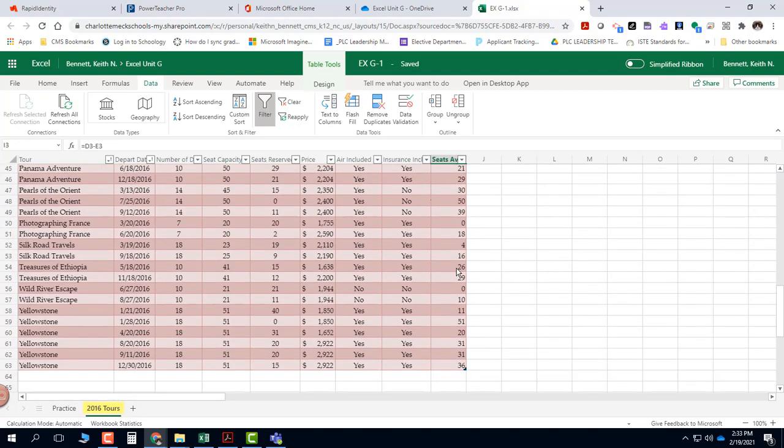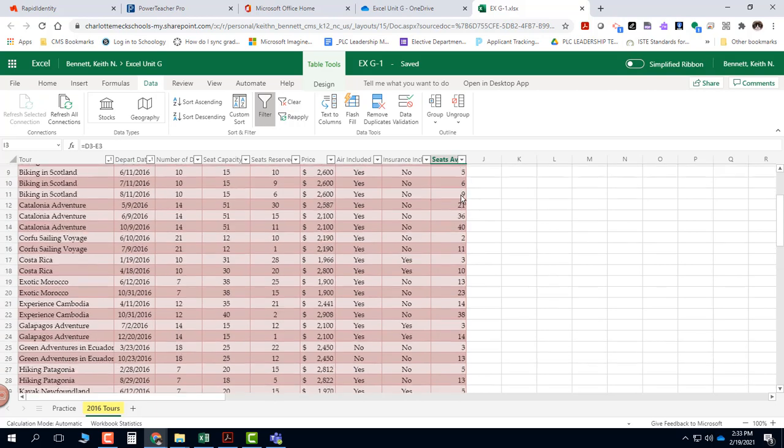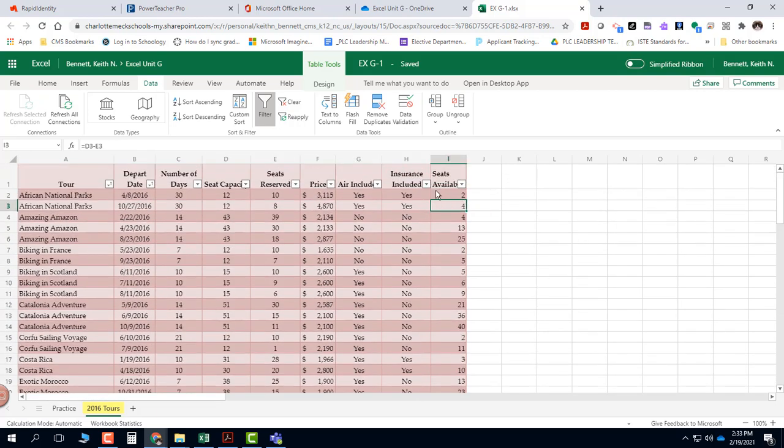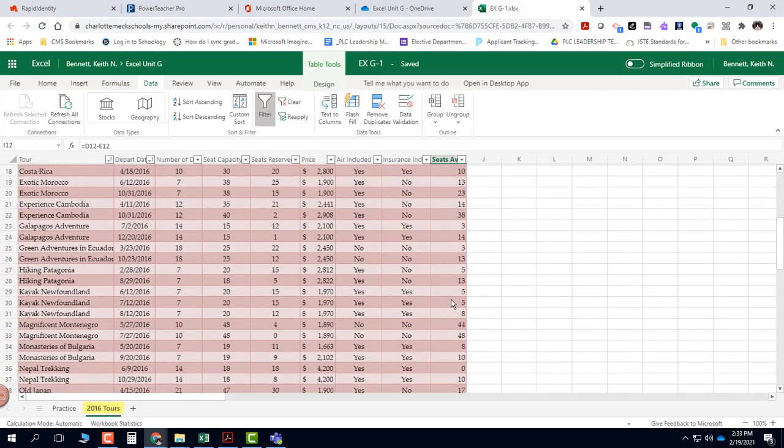Now earlier I told you that in order for a table to truly be a table, it's got to have the functionality of a table. Well, what you just saw indicates that this does have the functionality of a table, and therefore not only does this look like a table, it actually is a table. Then the next thing we want to do